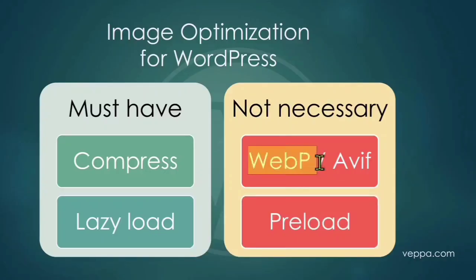And what are not necessary optimizations? So there are new image compressions like WebP and AVIF. They are new and they compress even better, like, as I mentioned, a 1 megabyte image can be compressed to 100 kilobytes with regular JPEG, but can be compressed further, like to 80 kilobytes with WebP. But it's a little bit more compression than regular JPEG. In addition, it will create two versions of the image, and it will try to serve two versions as well. For old browsers, it will serve the JPEG version, and for new browsers, it will serve the WebP or AVIF version, which